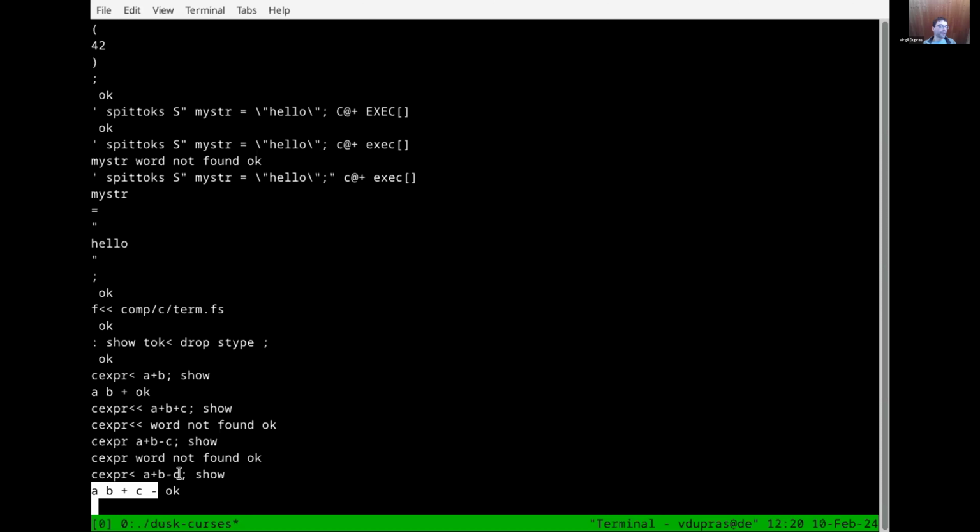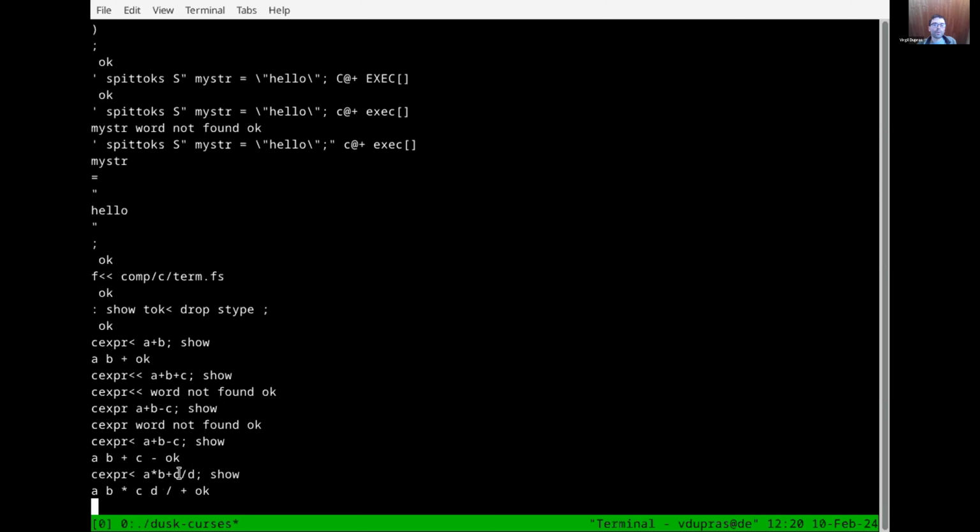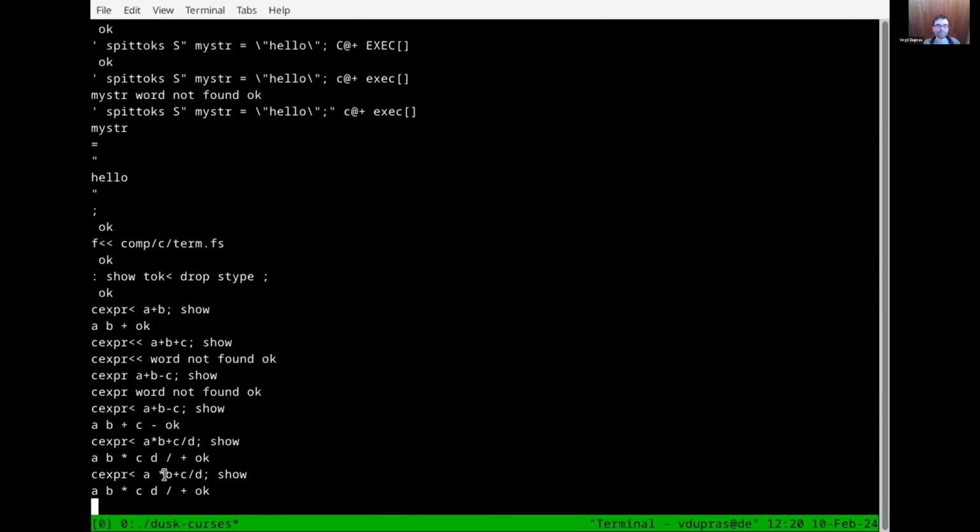It manages priority correctly. For example, if we go with A times B plus C divided by D, all right, we see that priorities are respected.